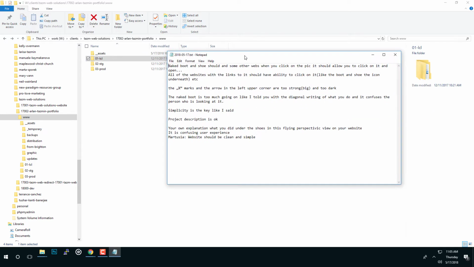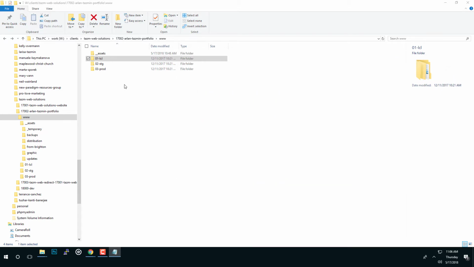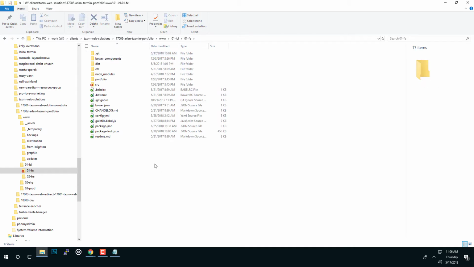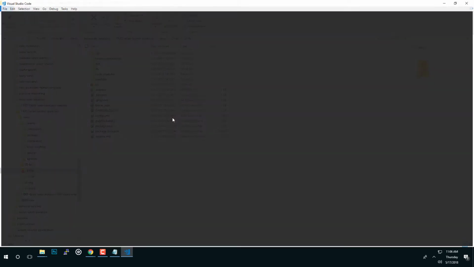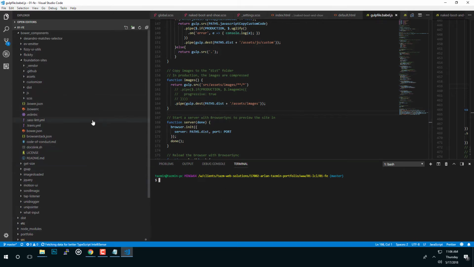I have asked to review this portfolio I had, and I was given some ideas, and so I'd like to implement these changes. And here's where I have the project. And this, I believe, was